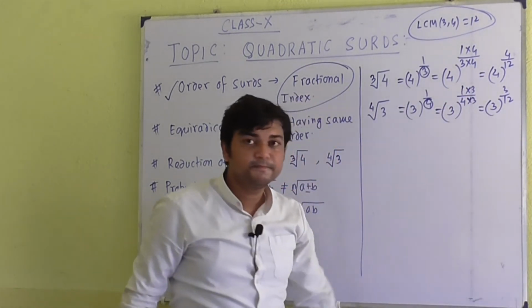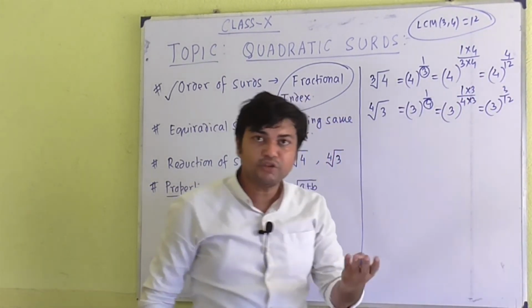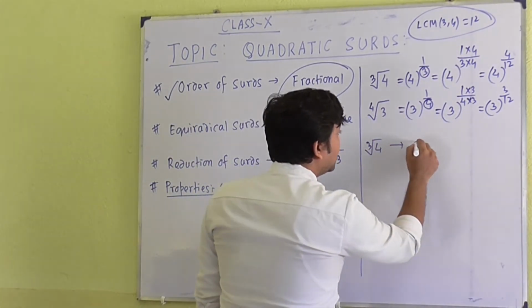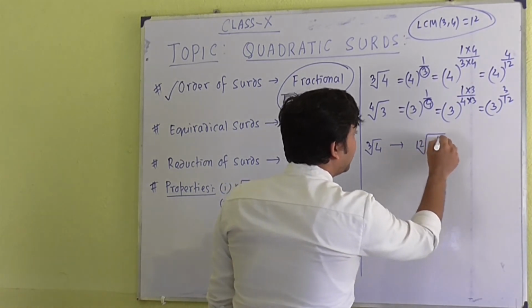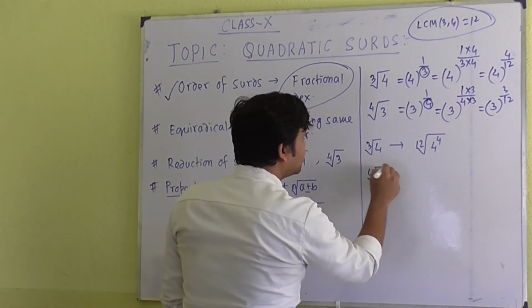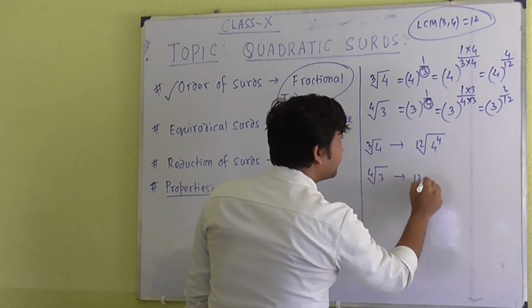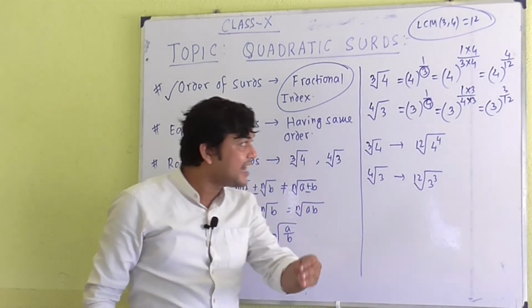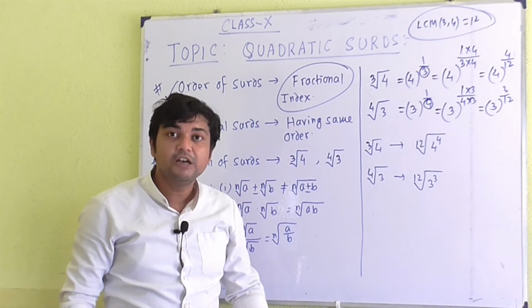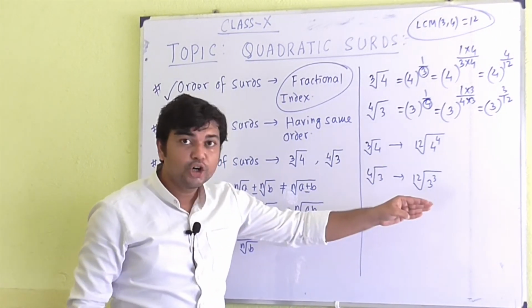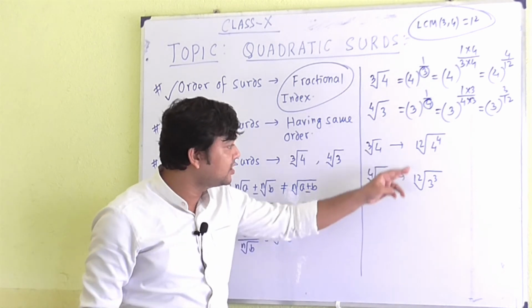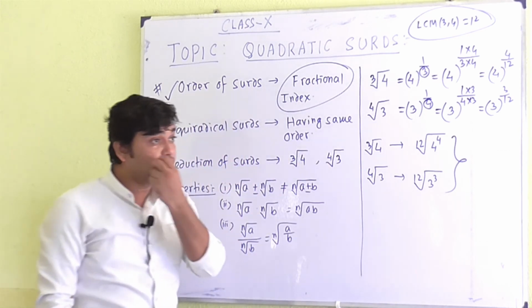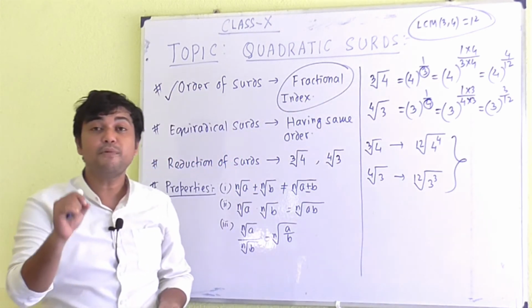Now look at these two numbers. Here the denominators are the same, both are 12. Naturally we can write the first number, cube root of 4, as 12th root of 4 to the power 4. And the second number, 4th root of 3, can be written as 12th root of 3 to the power 3. Now we can claim that these two surds have the same order. They have been reduced to surds of the same order. In both the cases the order is 12. Okay, so this is a very important part, how to reduce two or more surds to the same order.